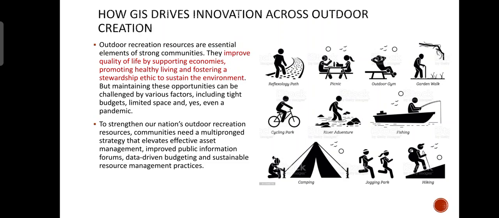Next session, how GIS drives innovation across outdoor recreation. Outdoor recreation resources are essential elements of strong communities. They improve quality of life by supporting economies, promoting healthy living, and fostering a stewardship ethic to